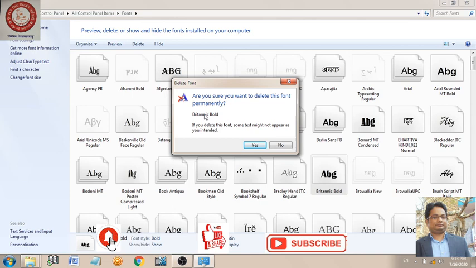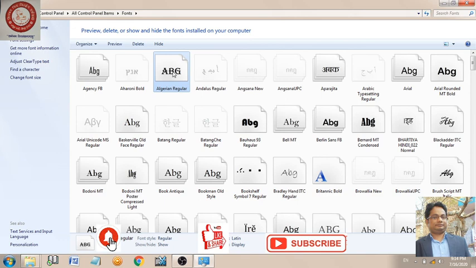First of all I'm going to select Algerian Regular. This one is already there. Now after selecting this, let's have a preview. This is the preview. Now I'm going to look at my desktop to see how it looks, because I have to start the desktop one more time. No changes appear here. It means that without restarting my computer it can't be applied.